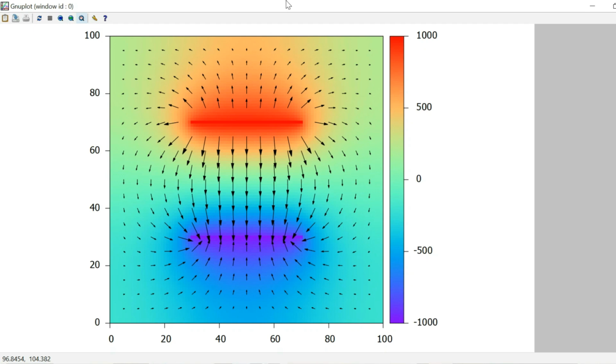Let's talk about heat maps and vector fields in gnuplot. At the end of this video, you'll be able to produce plots that look like this. This is the electrostatic potential and electric field of some capacitor plotted on top of each other in the same